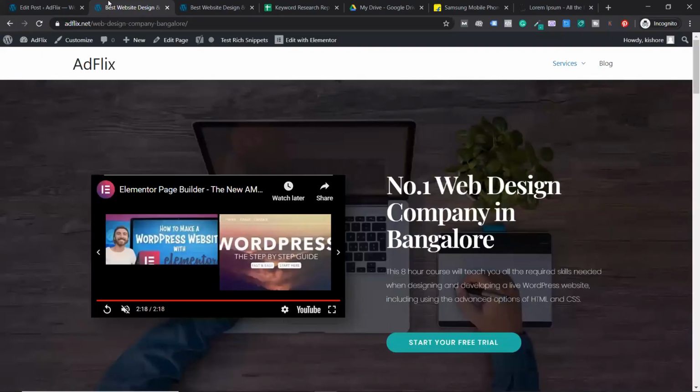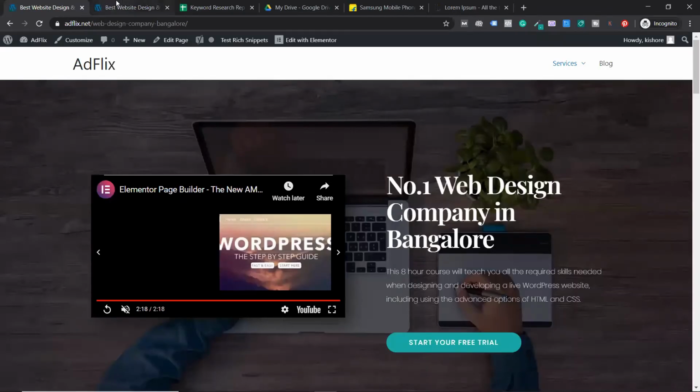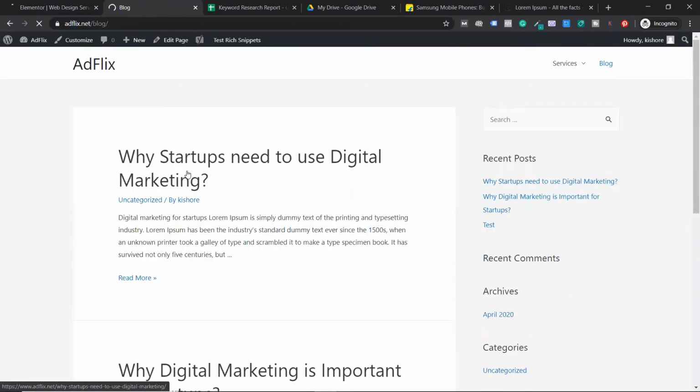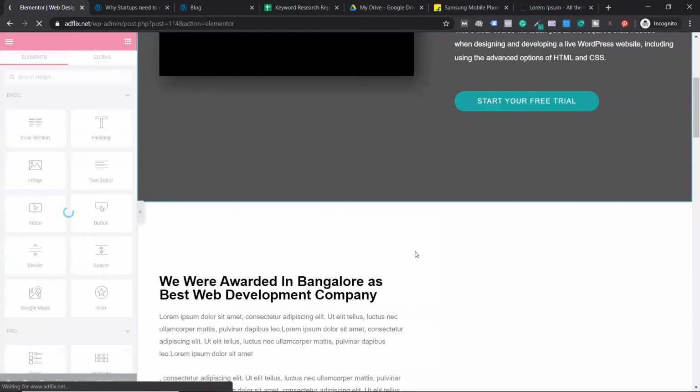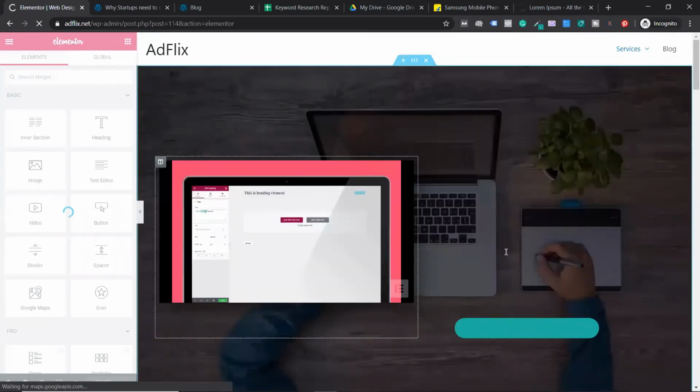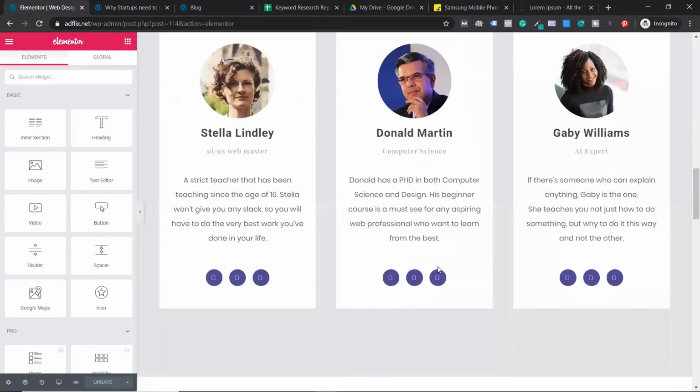Now here also you can start editing. It doesn't stop here. So I can close this tab and click on edit with Elementor. Let me check the article which I have written. What is the article I wrote? I don't remember. I wrote an article, why startups need digital marketing. So somewhere in this page, an Elementor page, I have written about web design services. I'll try to find it, guys. If it is there, I'm going to put it in, but I'm not going to stuff it. Somewhere in this content,